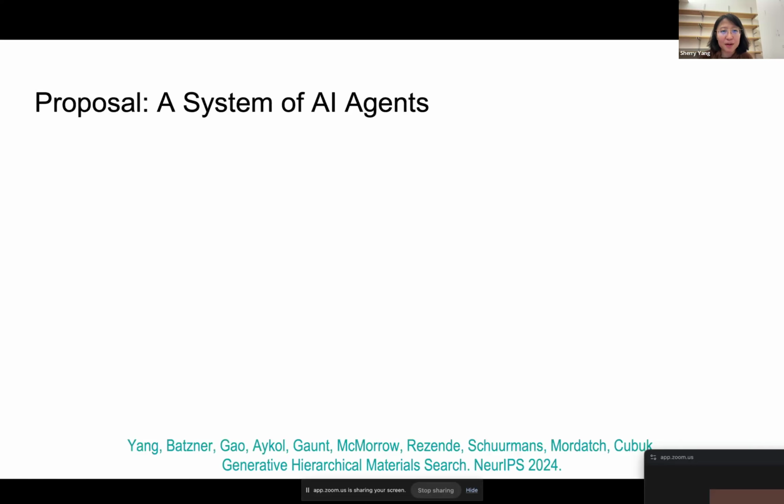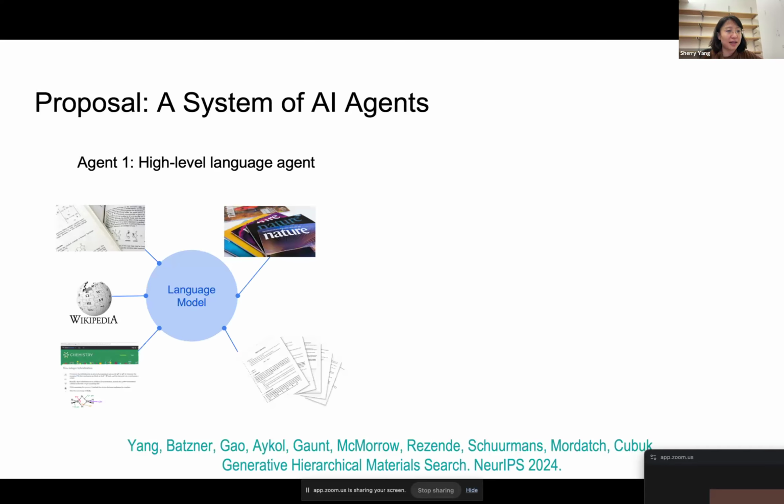If we think about what we can do on the learning side, there seem to be two types of knowledge. There is internet-scale text data, which talks about materials a lot, from textbooks, from Nature papers, from very front-end research to knowledge going 100 years back. They're all in the form of internet text.